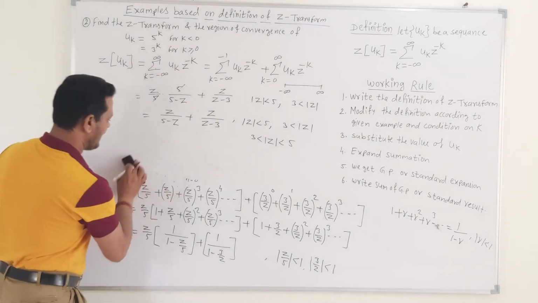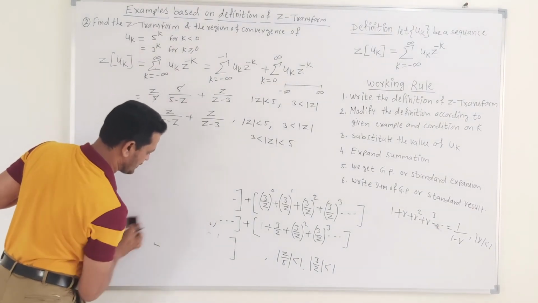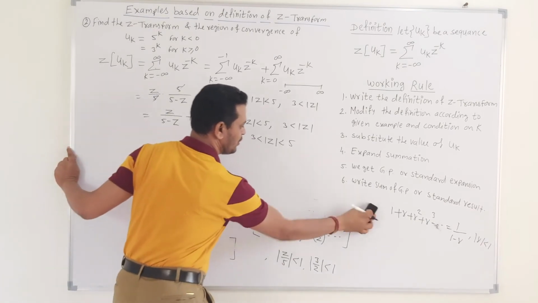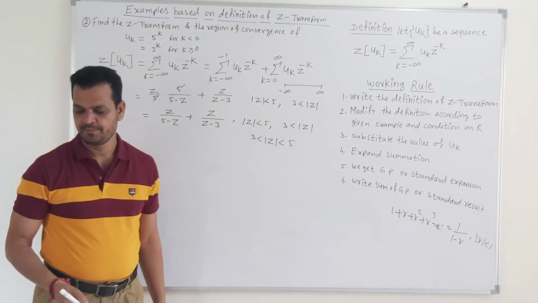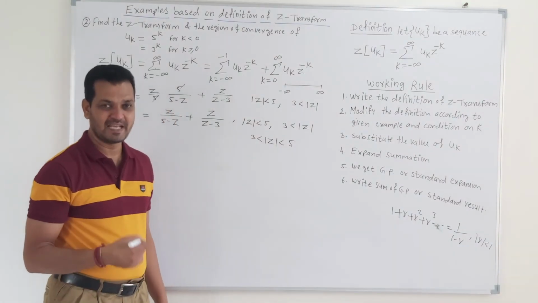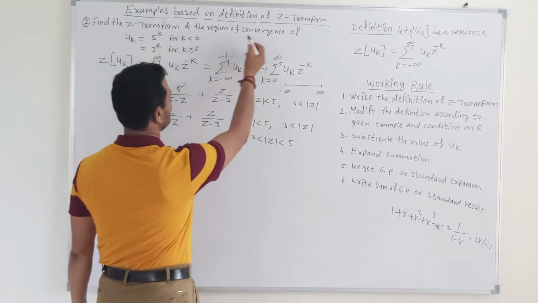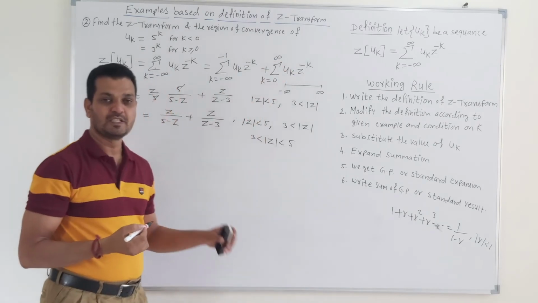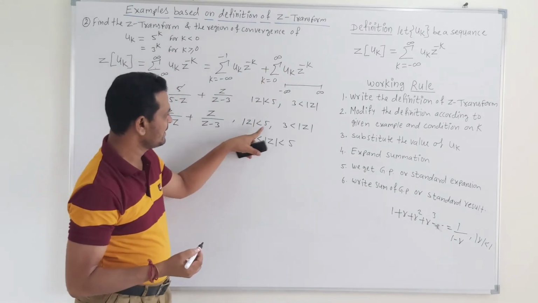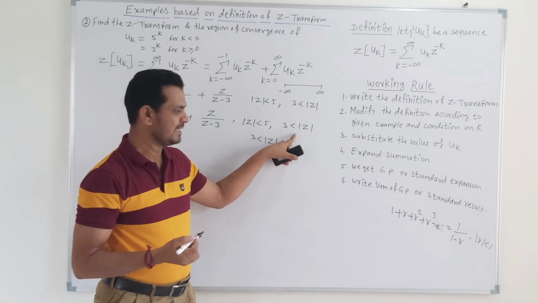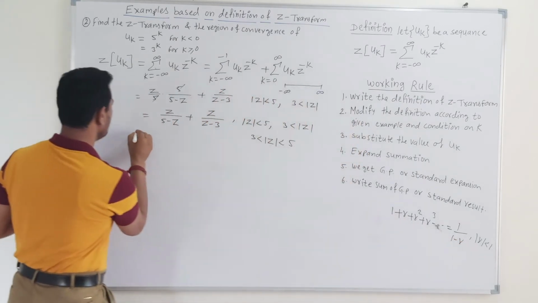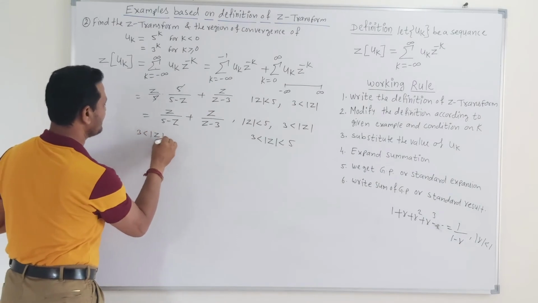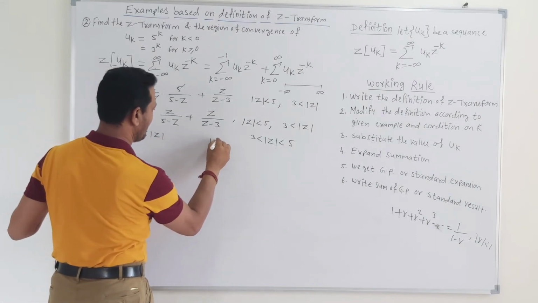Now friends, after finding this Z transformation, the next question is to find the region of convergence of this sequence. The region of convergence of the sequence depends on the condition of r, that means the condition mod of r is less than 1. So here the first condition is 3 is less than mod of z, and the second condition is that mod of z